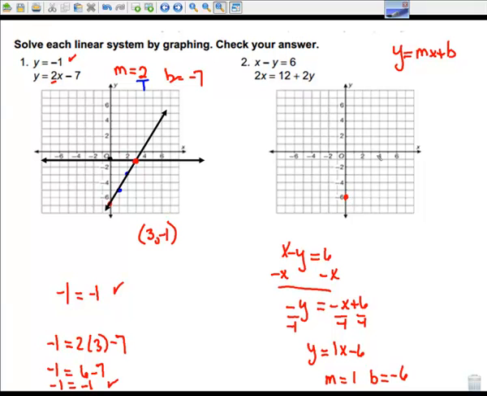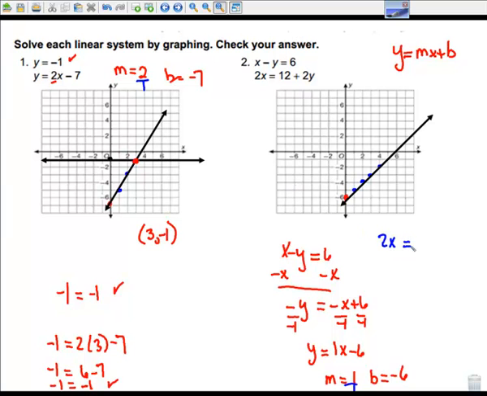So I'll come up here to the -6. My slope is 1. So technically, it's 1 over 1, so I can get a rise and a run. What I've told students in the past is if you have a slope of 1, it's the positive diagonal of all these squares. So I'm just going on the diagonal, up 1 over 1, up 1 over 1, etc. So let's go ahead and draw the line here. I'll draw it big enough because I don't know where it's going to actually intersect. And then my next line, I have